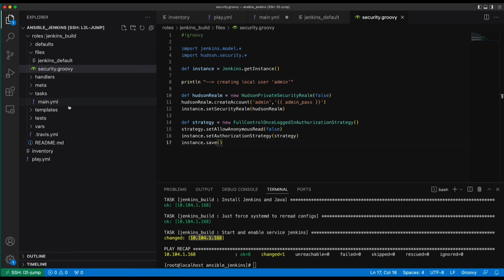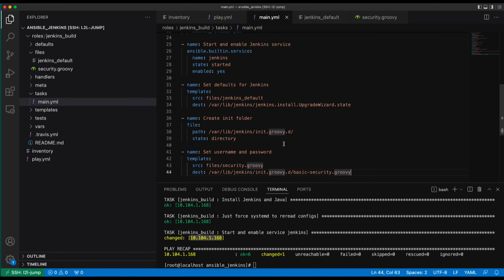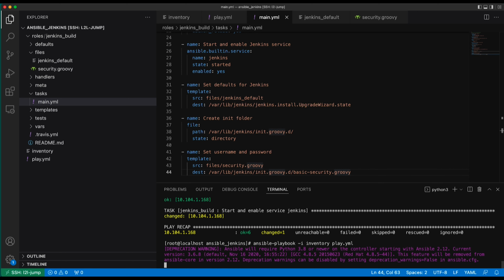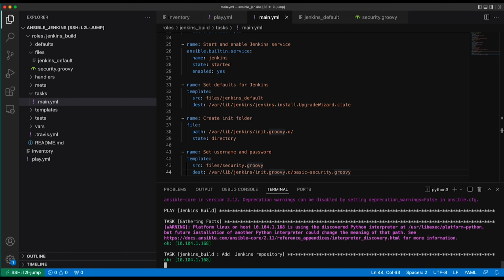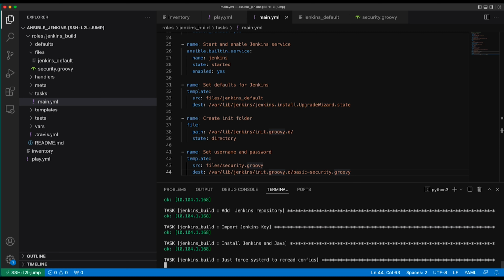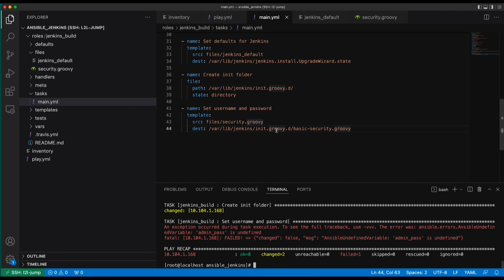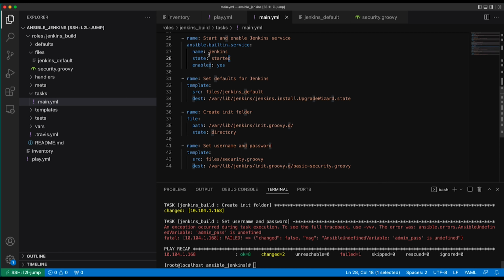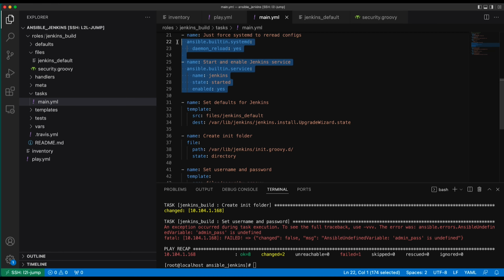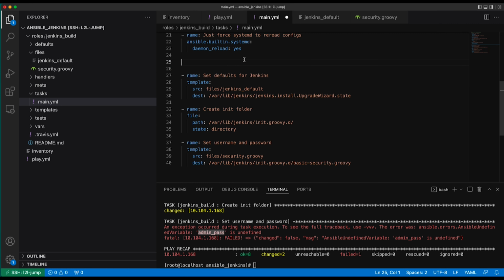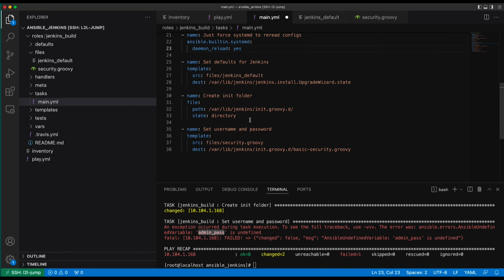So with this in place, let's just go and run that. Go and make those changes to Jenkins, and the last thing it does is start the service in the playbook here. So what I'm actually going to do while that's running, of course, I haven't set my admin password yet, have I? But that's fine, because also I've got in here